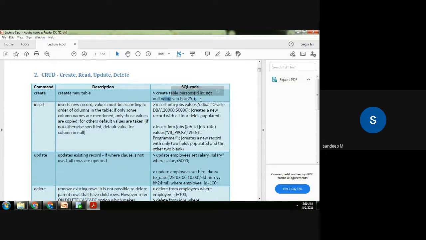And then we have to also tell about the data type. So ID will be an integer. So in Oracle, you can use int, or you can also use number. I'll tell you about it later. So ID will be an integer data type. Name will be a varchar. So in Oracle, the data type for strings we use is varchar. Varchar stands for variable character.